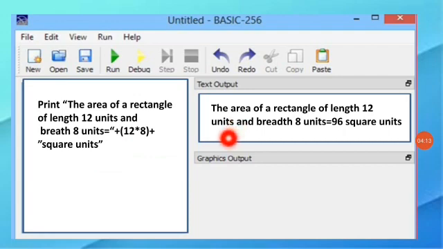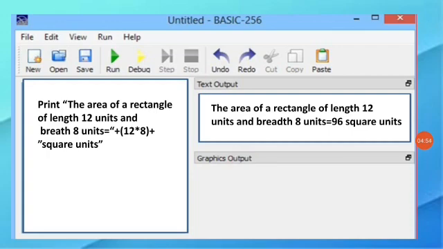The area of the rectangle of length 12 units and breadth 8 units equal to 12 into 8 is calculated and printed here as 96 square units. These three strings are joined and we get a longer string as output. And 12 into 8 is calculated because of the BODMAS rule. Is it clear? Yes, the plus operator is used to join these strings. I hope it is clear children.